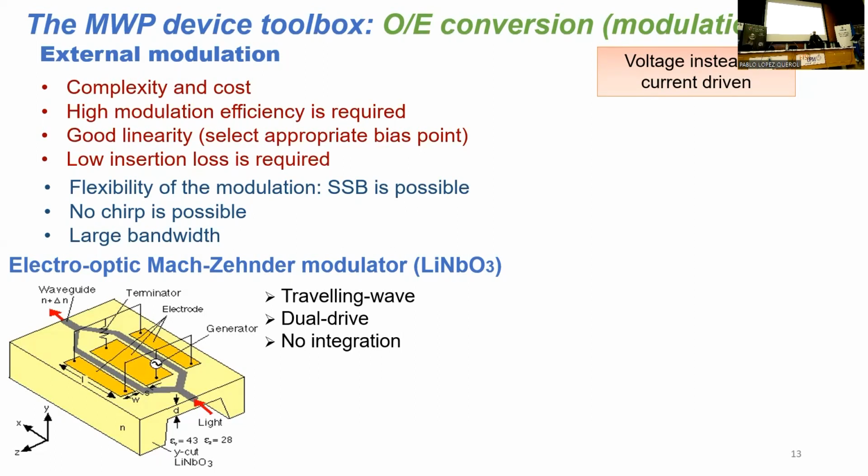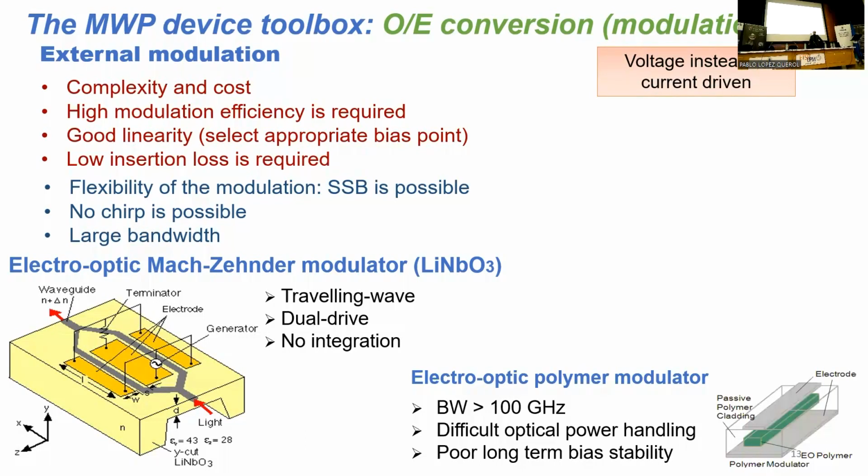These are broadband, like I said, but these are not the only option. You can use other alternatives. We can either use electro-optic polymer modulators, which are very broadband. Standard integrated Mach-Zehnder modulators have a modulation bandwidth around 40 to 60 gigahertz maximum, more or less. There are exceptions, but with polymers you can reach and exceed 100 gigahertz. Although they are very difficult to operate, and they are very sensitive to input optical power. So the standard one right now is the Mach-Zehnder modulator, and we still have a third option, which is